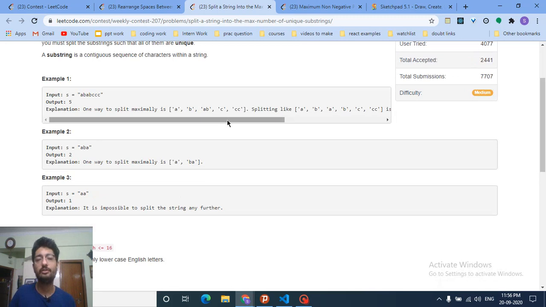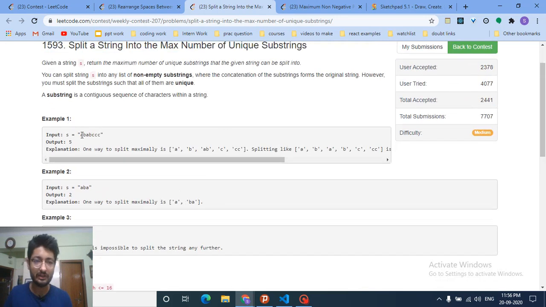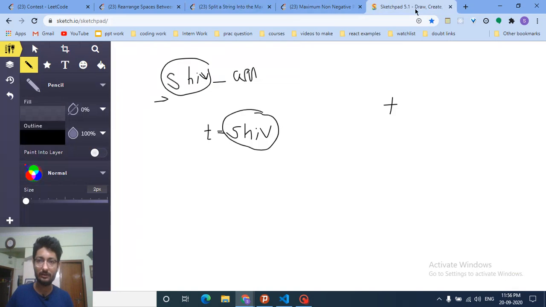Now you can first think that okay, we can just cut it in the simplest brute force way, like take out the first character and make a set. Take out the first character, check if this string is in the set, no, so insert it. I'll draw it out.